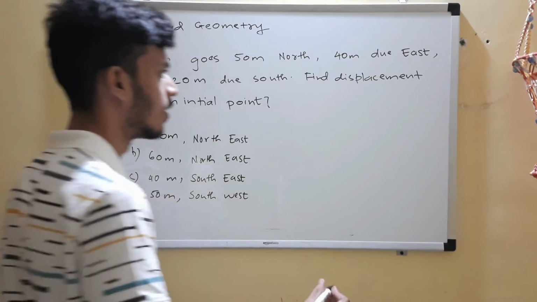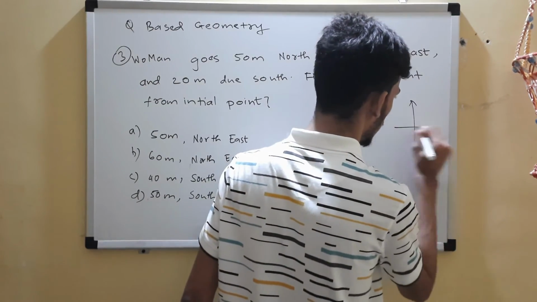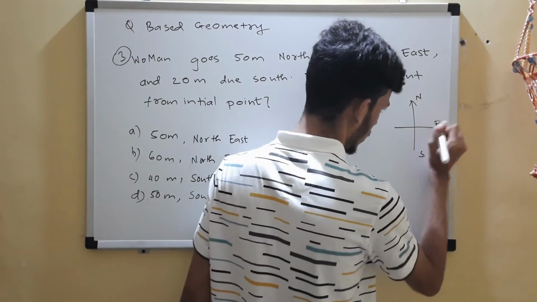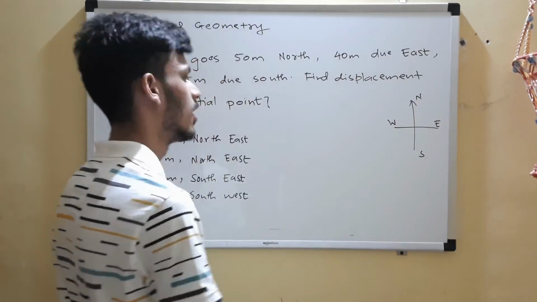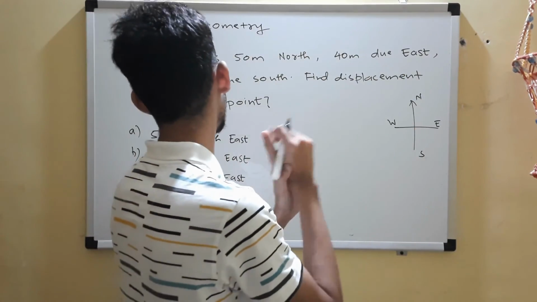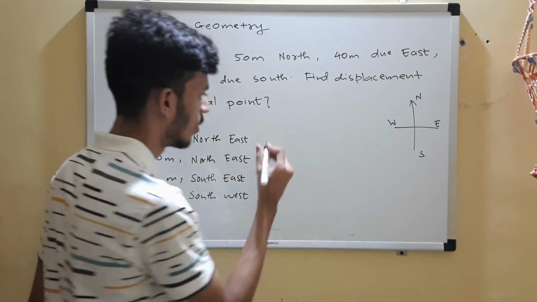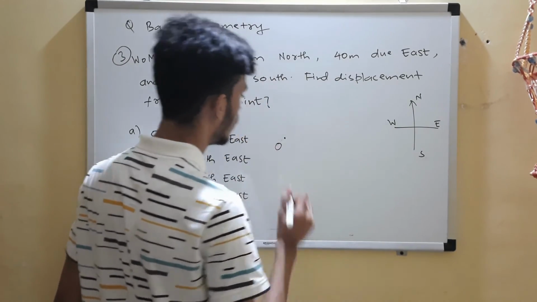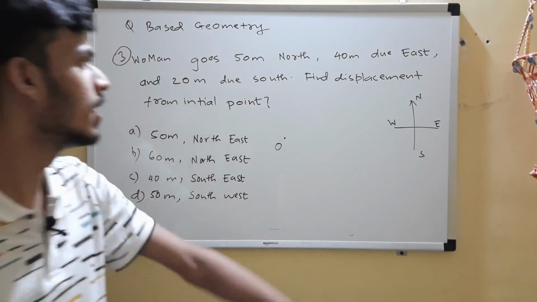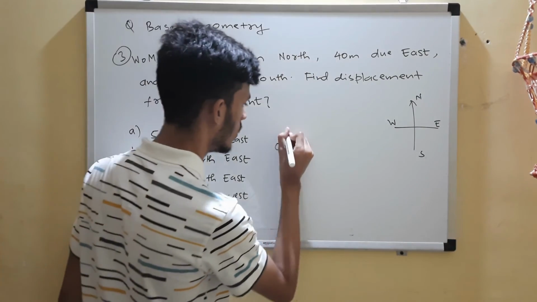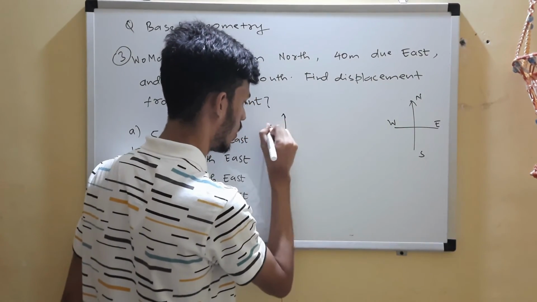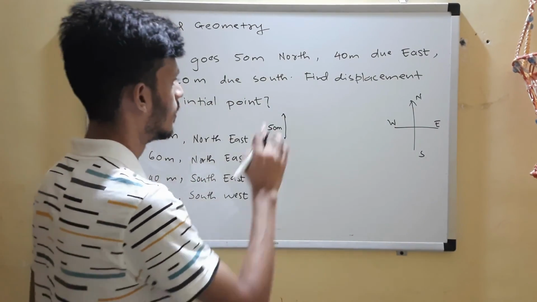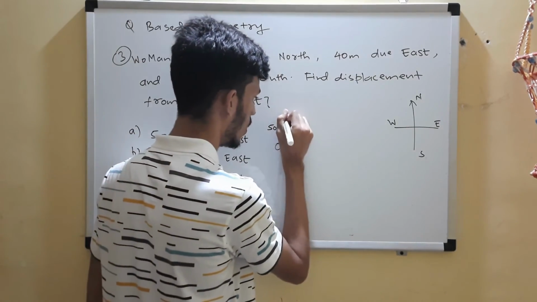Okay, so again we'll draw north, south, east, west in the wrong plane, which is the vertical plane. Actually it's in the horizontal, but we are drawing it now. So north, south, east, west there, and let's draw the story now. She began at point O, then she went 50 meters north.